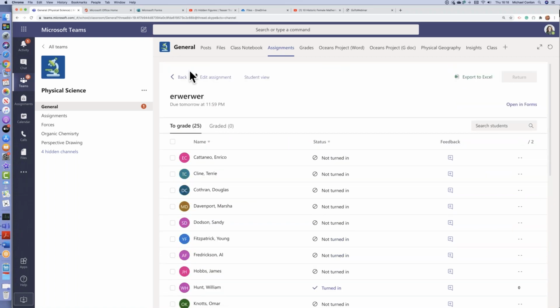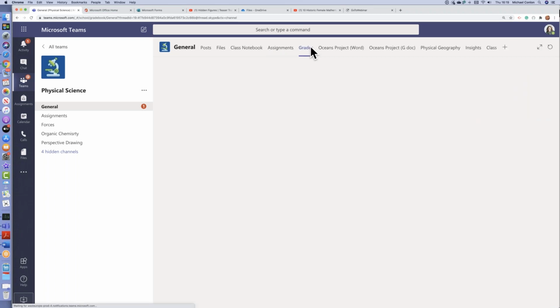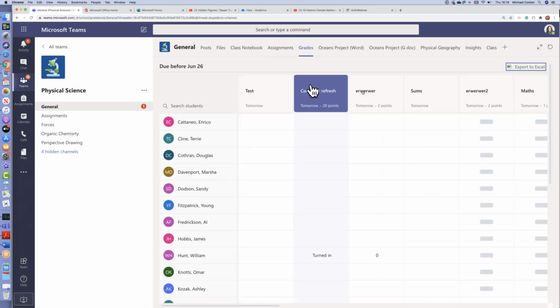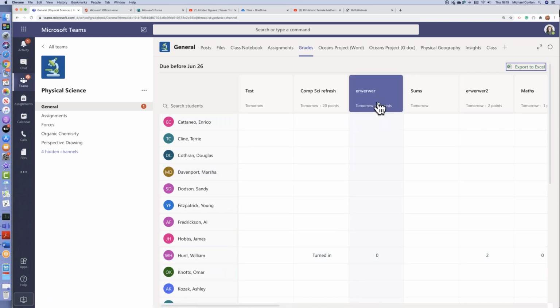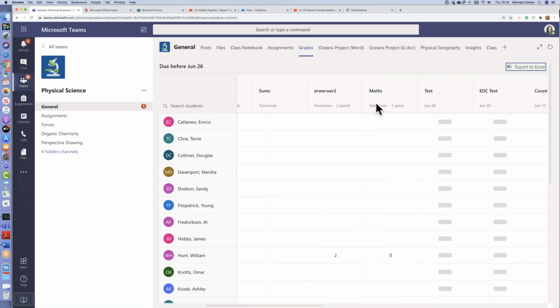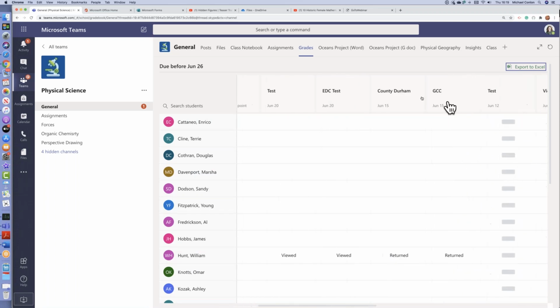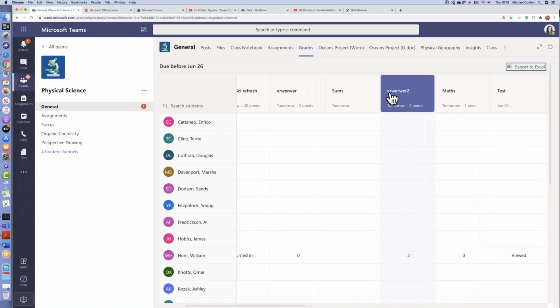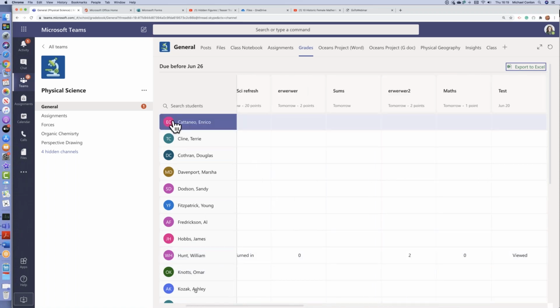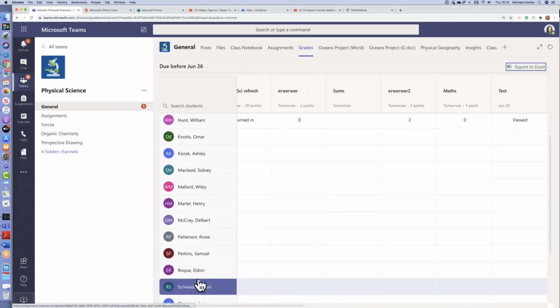Now, when students hand work in, and I've marked it, I can then go to grades, and what I'll have is a collection of all the tests that I've done. I've only been doing this with William, obviously, some of which don't have marks in them, for example. They're just pieces of assessment I want to send to them. And what I end up having is a curation of all the assignments that I've set for the class and all the points that they've got. So this for my entire class would be filled in with what they've got.